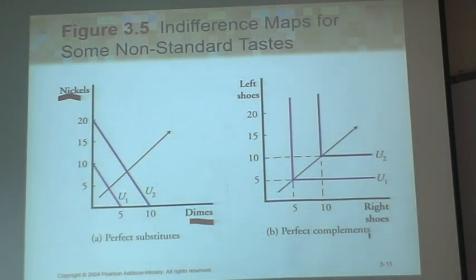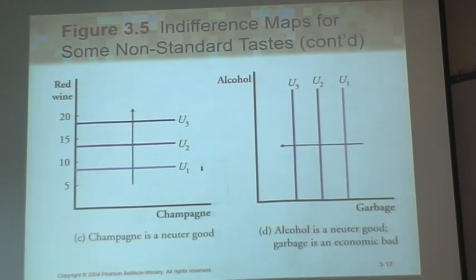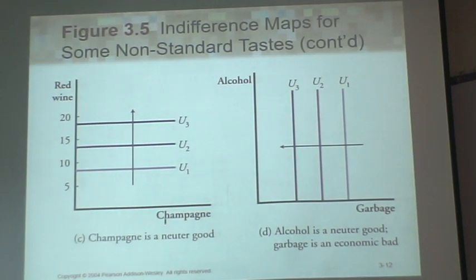And here, right shoes and left shoes, right? Unless you are handicapped and only have 1 leg. Otherwise, right shoes, left shoes, and right glove, left glove, okay? And this is called neutral goods, because champagne and red wine, sometimes it is kind of difficult to say this, because